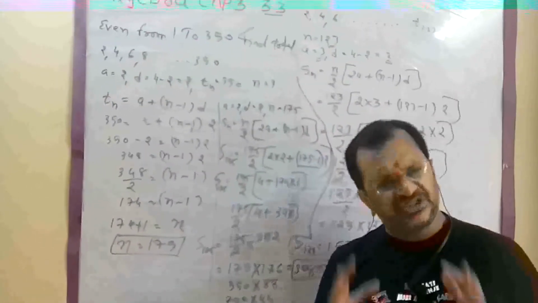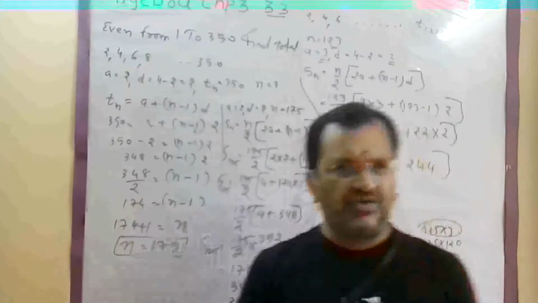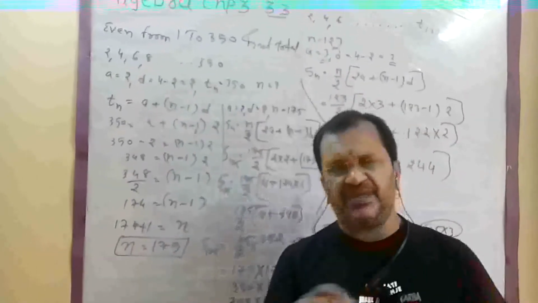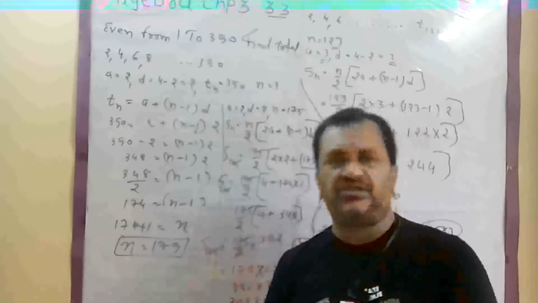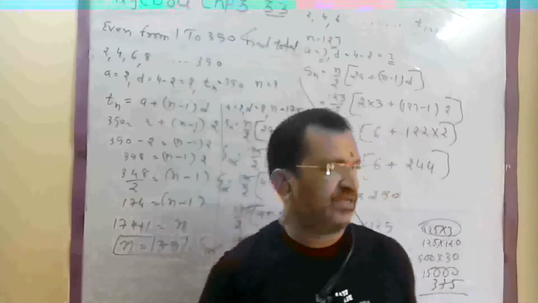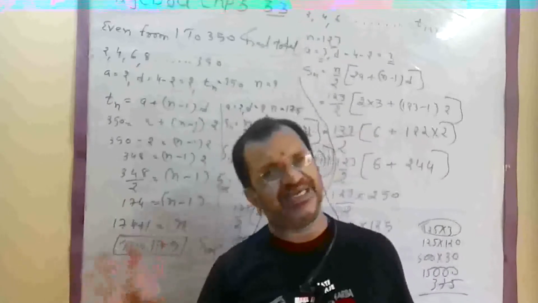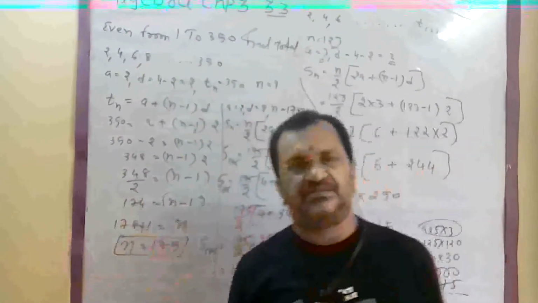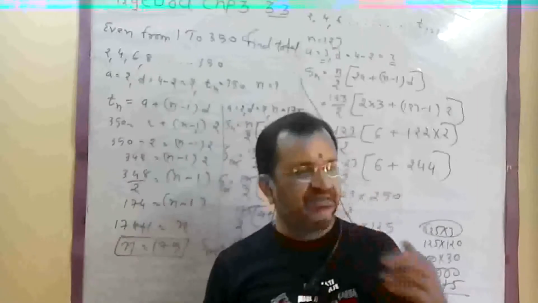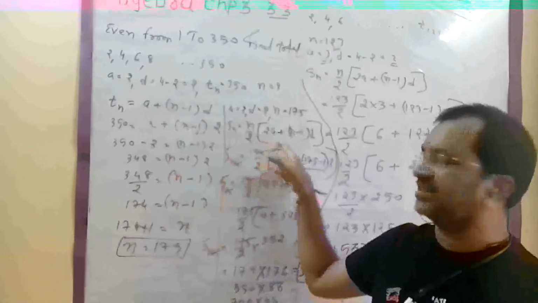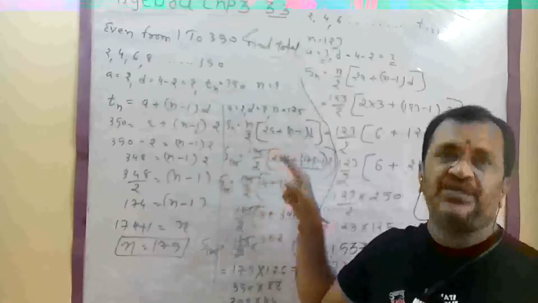So this chapter is very easy. You have to take interest. Only there is a little bit of confusion in last term and Sn. Last term is your Tn and n means number of terms. That's it. Today one new formula I will introduce. Sn formula: Sn is equal to n by 2 in bracket 2a minus